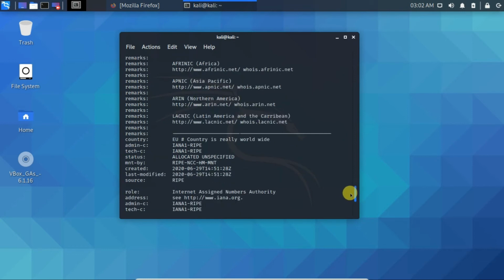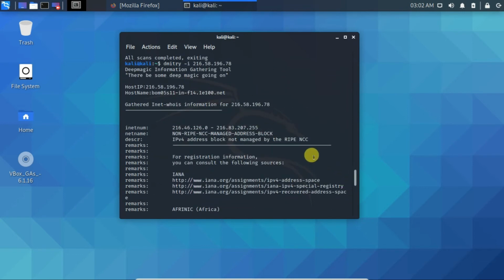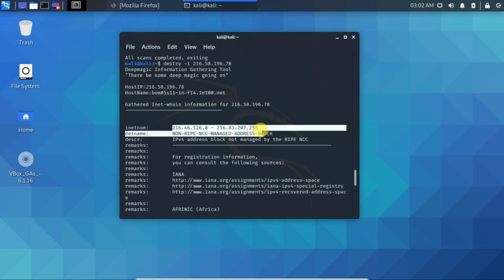So this particular IP address, 216.58.196.78, is within a range of IP addresses that starts from 46.126 up to 83.207.255. So we know that the IP address we want information about is within the highlighted range.